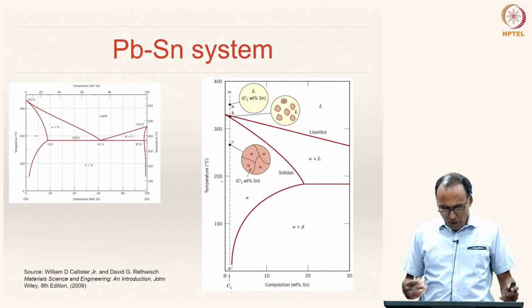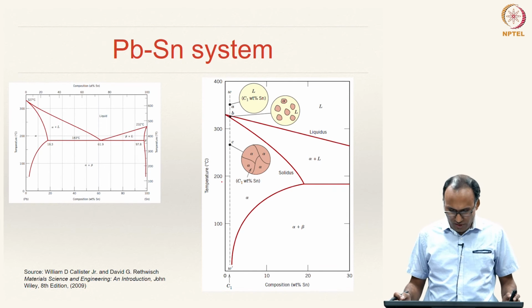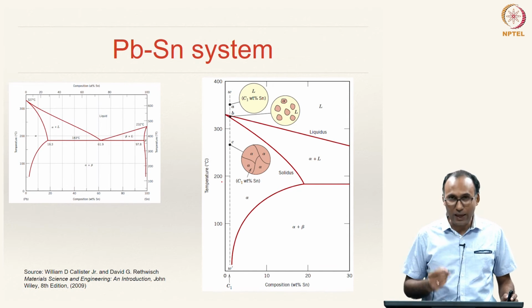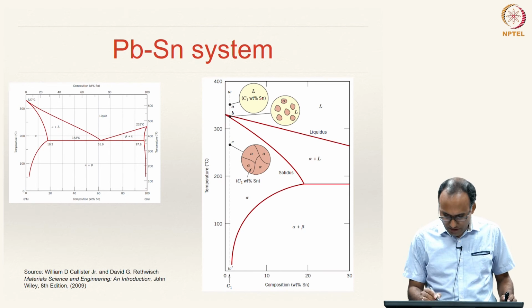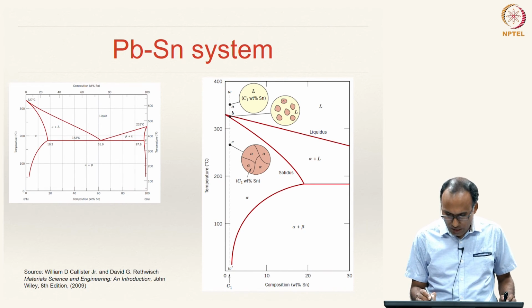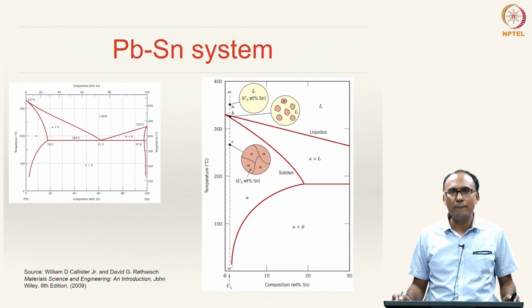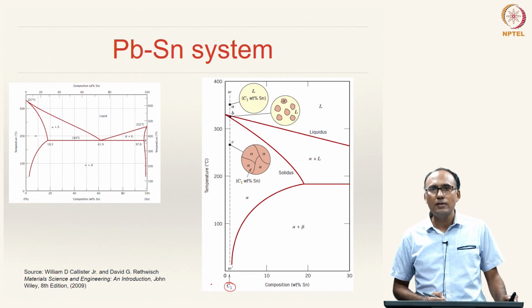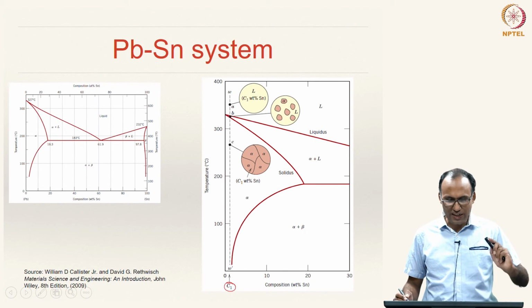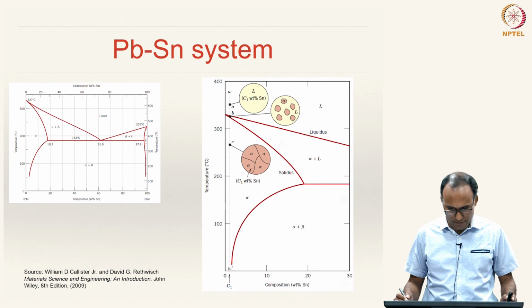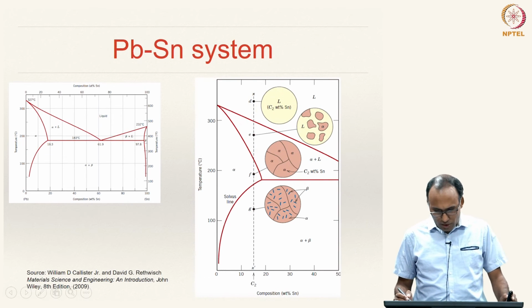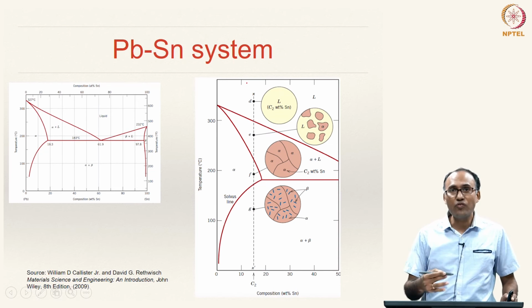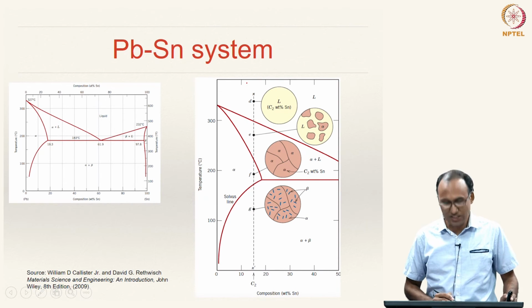All right. Now if you look at the microstructures, it is like alloy 1 that we have discussed. You have liquid, and then in this two phase region you will have alpha and liquid, and by the time it comes here you will have complete alpha with composition C1, and it is a single phase region. It is exactly like our isomorphous system that we have looked at. And now this is the alloy 4 type that we have just discussed.